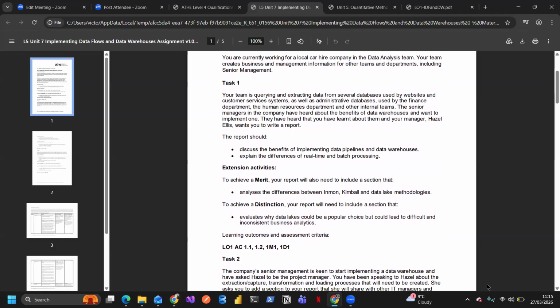Task number one: your team is querying and extracting data from several databases used by the website and customer service systems, as well as administrative databases used by the finance department, the human resource department, and other internal teams. The senior managers in the company have heard about the benefit of data warehouses and want to implement one. They have heard that you have learned about them, and your manager, Hazel Ellis, wants you to